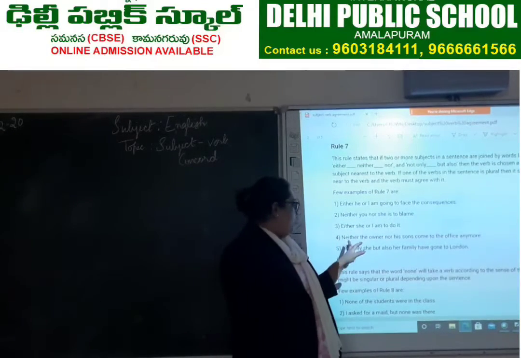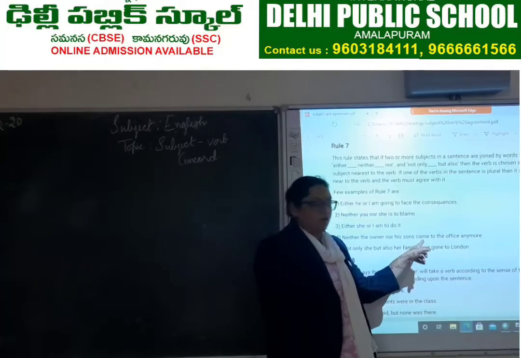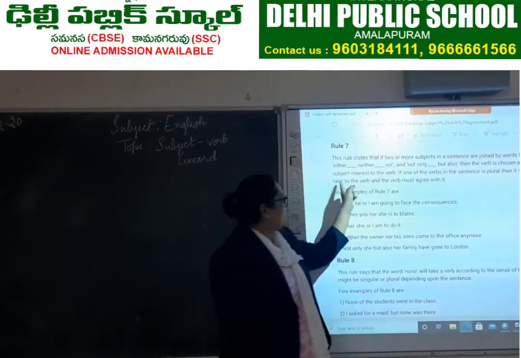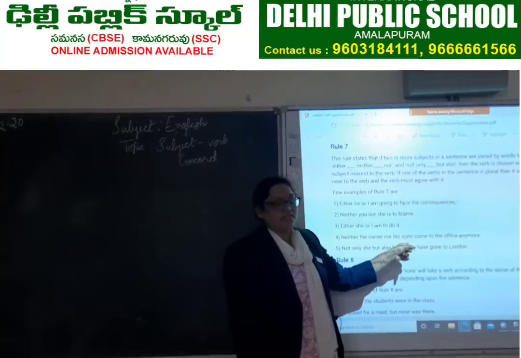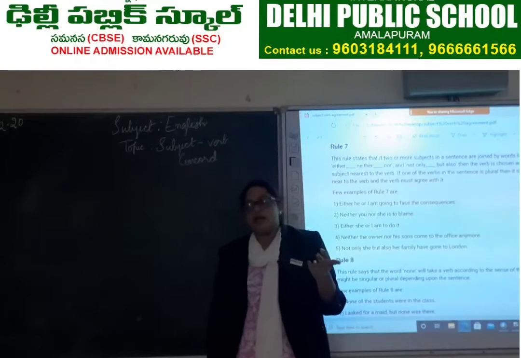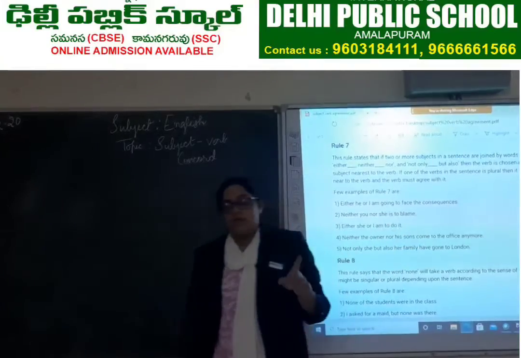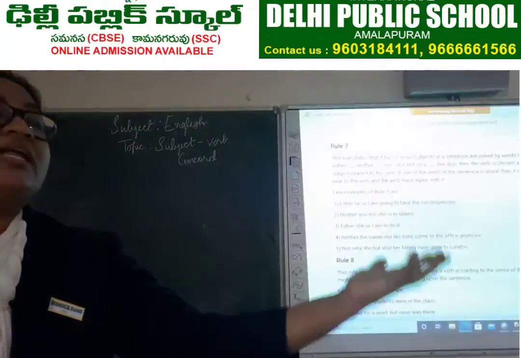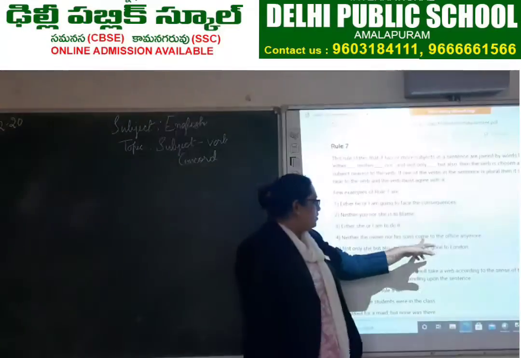Okay. So, neither is used here and 2 subjects are there. The verb is come. So, according to the rule, the verb is chosen according to the subject nearest to the verb. So, the nearest subject is what? Sons. Sons is in plural. So, that is how you use come, because come is the root form of the verb, which is plural itself. Understood, children? So, that is how you will use come here.